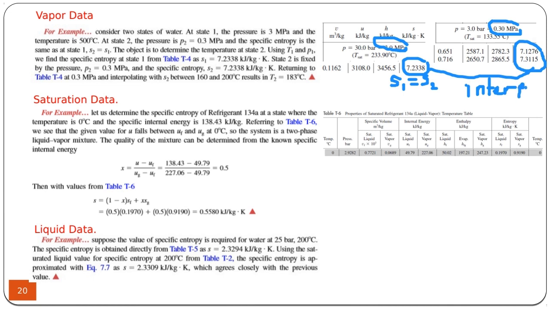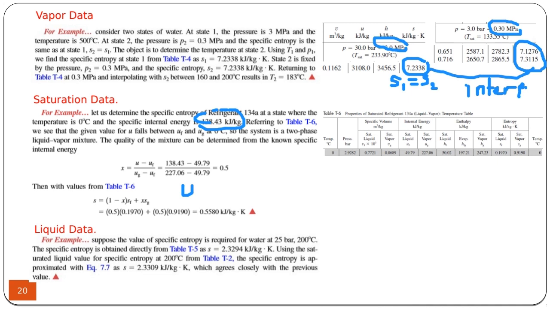Or in the mixing zone, we are given internal energy. So it's a mixture of vapor and liquid for R134A. It's a refrigerant. And the internal energy is given as 138.43. And remember that because it's at the mixture zone,